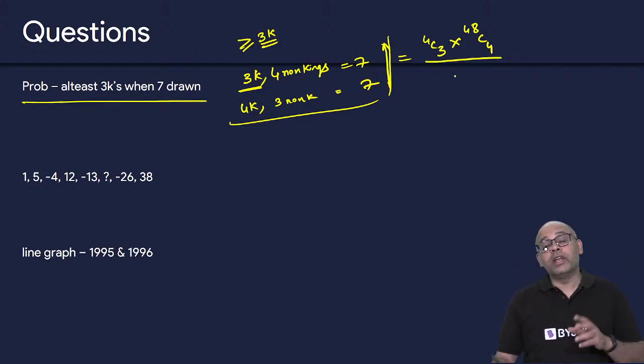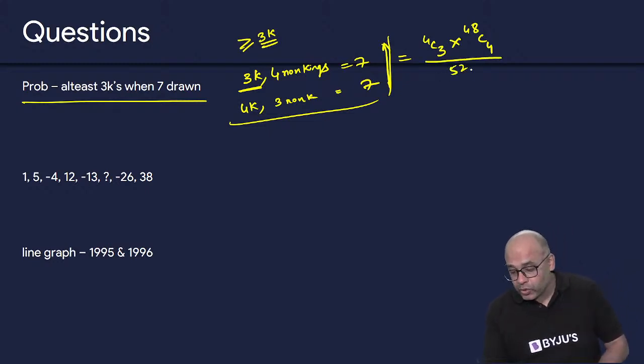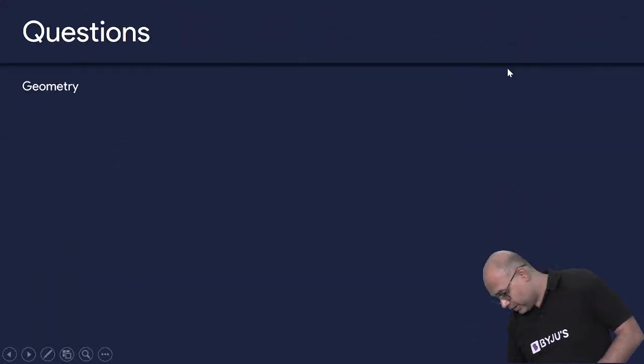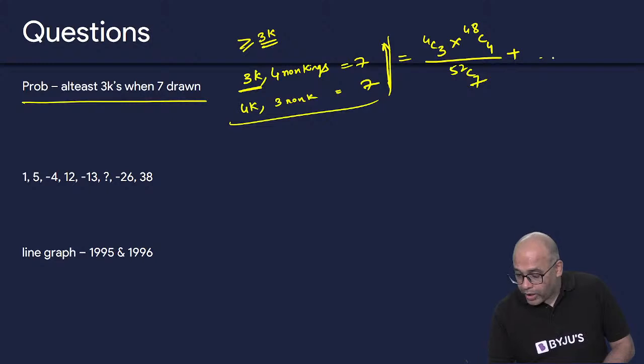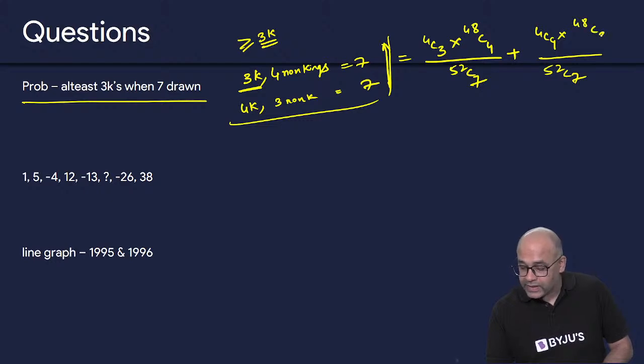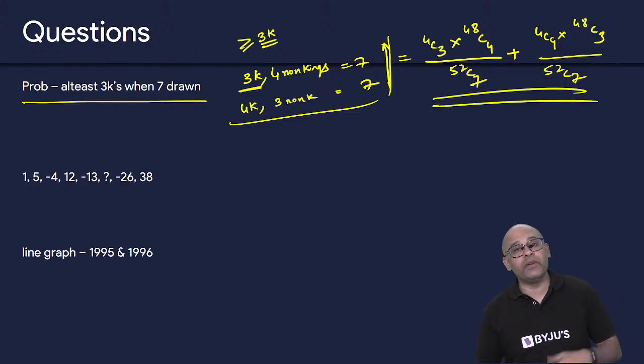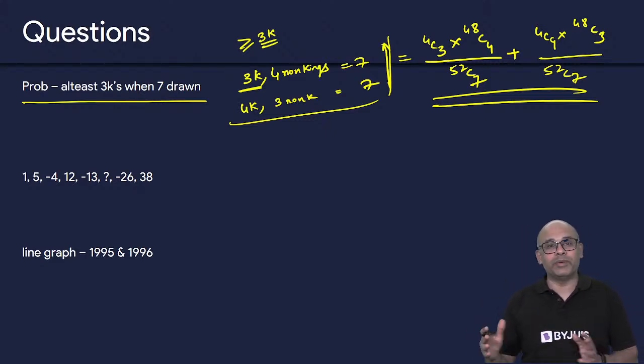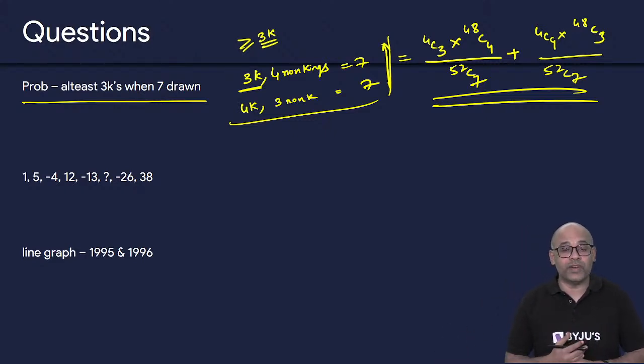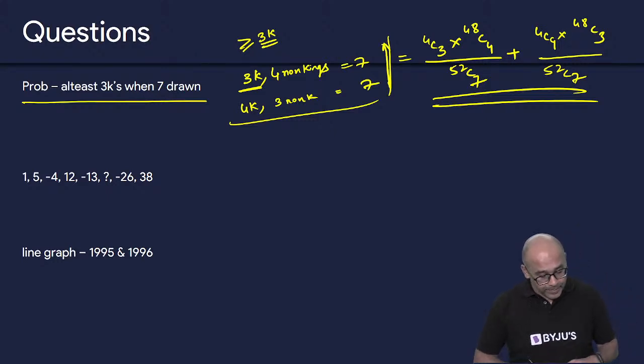Divided by, now probability is 52C7. Or again, okay, I have moved on by mistake, again divide by 52C7, and the numerator will be 4C4 into 48C3 this time. If you simplify, the answers were very cumbersome, the denominators were all prime numbers, so you have to divide this to get your final answer. Okay.